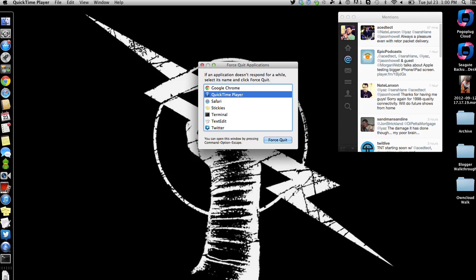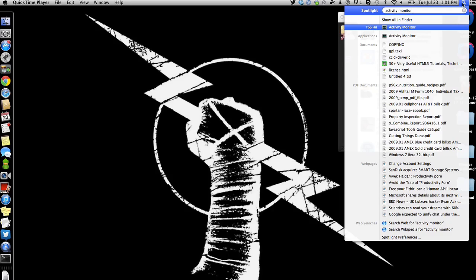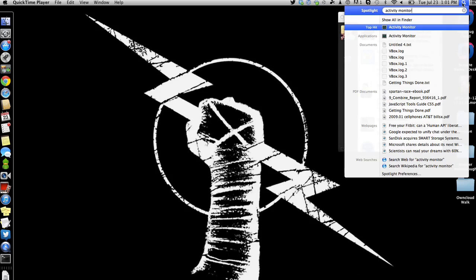By the way, when your application freezes, let's say it's Chrome or something, it might be on top of that window, so you don't even know it's there. Try to move things around, maybe even change your space. You'll be able to see Force Quit. That's one of the easier ways to kill things. If that doesn't work, don't underestimate Activity Monitor. The quickest way to find that is a quick Spotlight search. You go into Spotlight, type in Activity Monitor, or if you're not in Spotlight mode, go into Applications, then the Utilities folder,